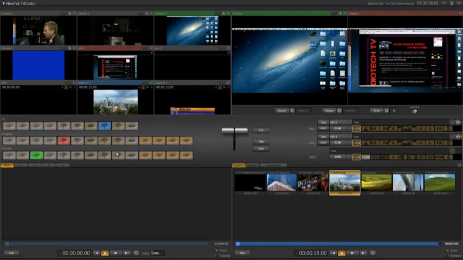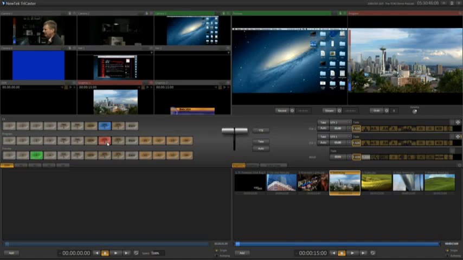So if you very quickly wanted to switch to, let's say, graphics 1, then you would just go and click on graphics 1, and it would take it straight to the program. There's another row which is for effects, and we're not going to touch on that. That's something that once you've got your head around the rest of the TriCaster operation, you can look at. Although we will mention it very briefly in our virtual inputs,